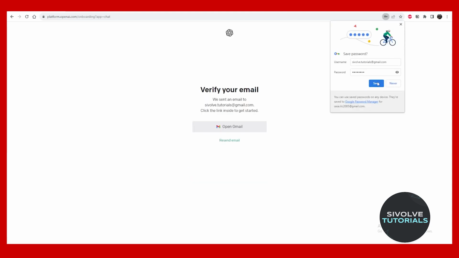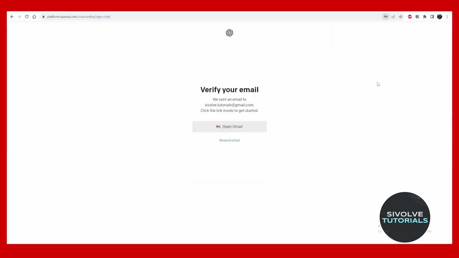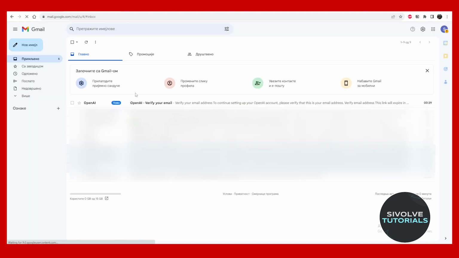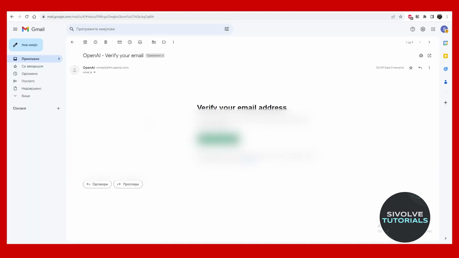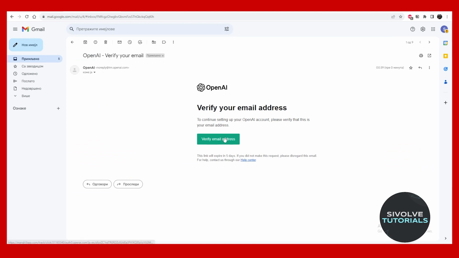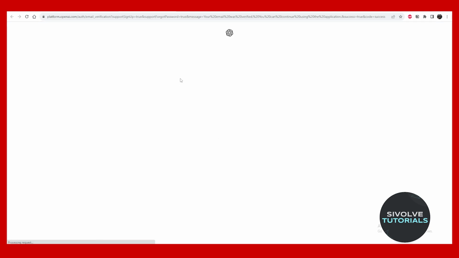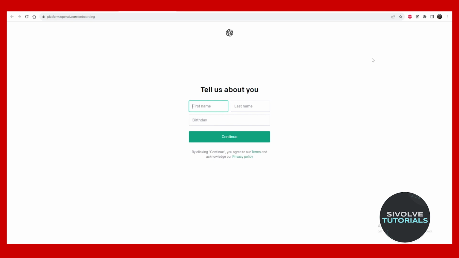You can save it, you cannot, it's your choice. It will send you a Gmail, go to it. When you open your Gmail, you will get the email from OpenAI. Click on verify, fill out the form,